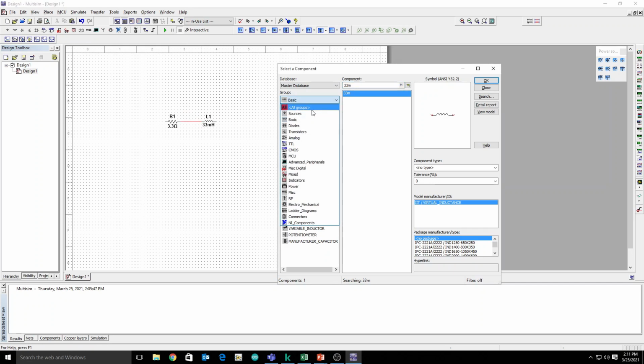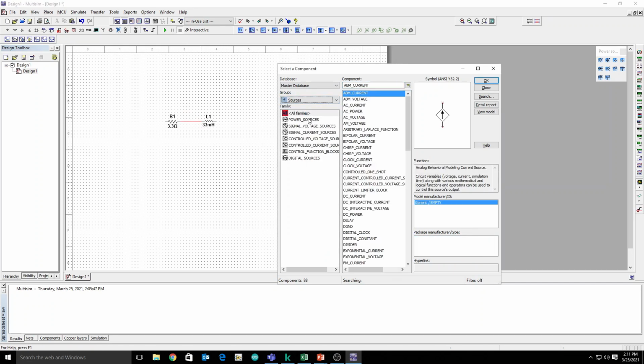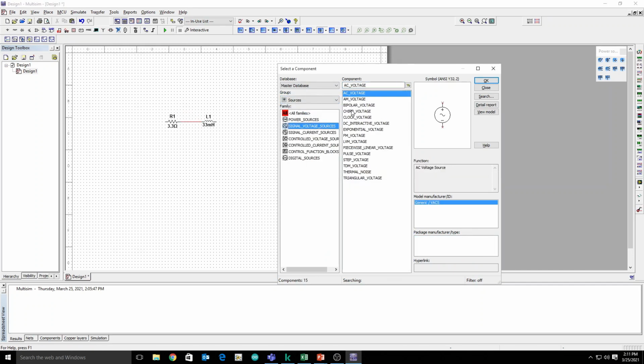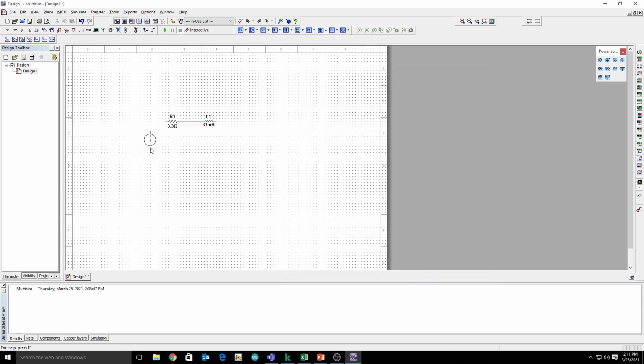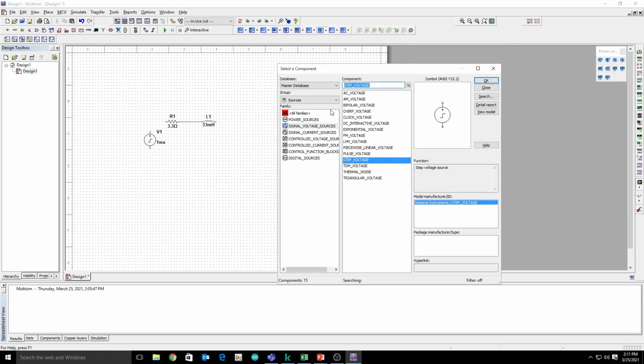And we need a step voltage. You can go to sources, power, single voltage sources, and here is a step voltage. We need this one. Okay, and we also need a ground.